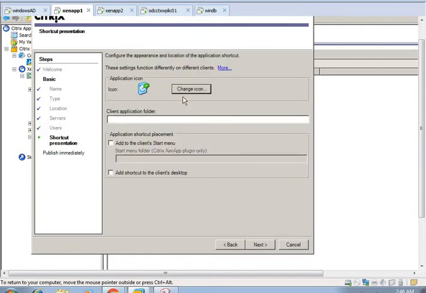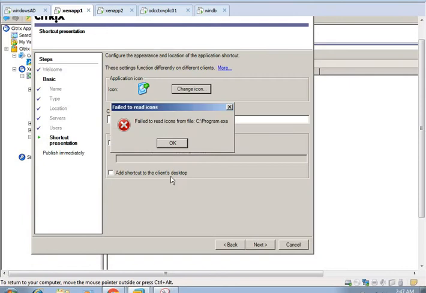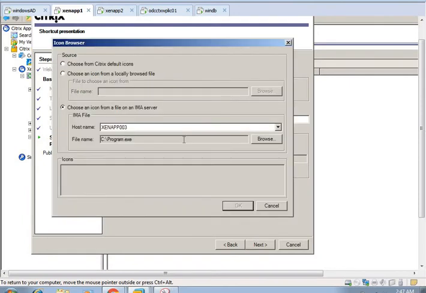Then next, here we can change the icon of the application. Just click on change icon. Then add the shortcut, and the shortcut for the client desktop. Once the client accesses the application through Citrix, he will get the option in his desktop. So from here I can choose the